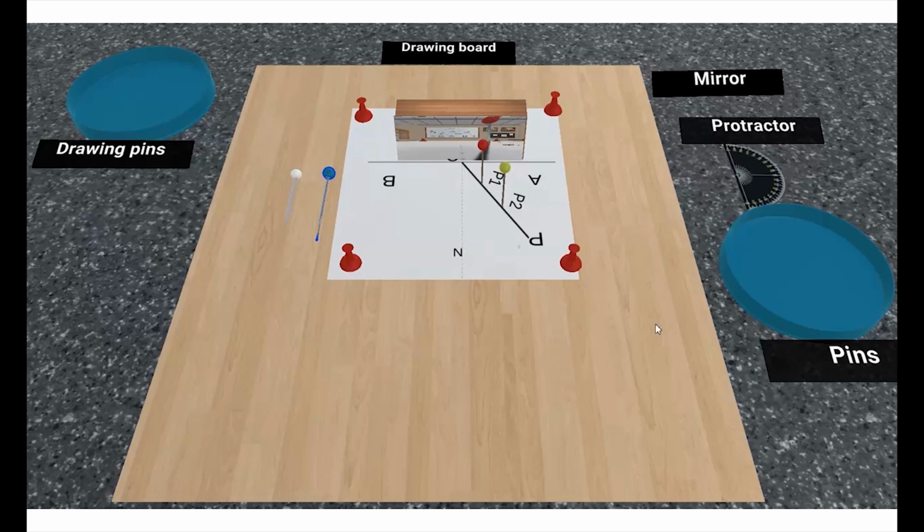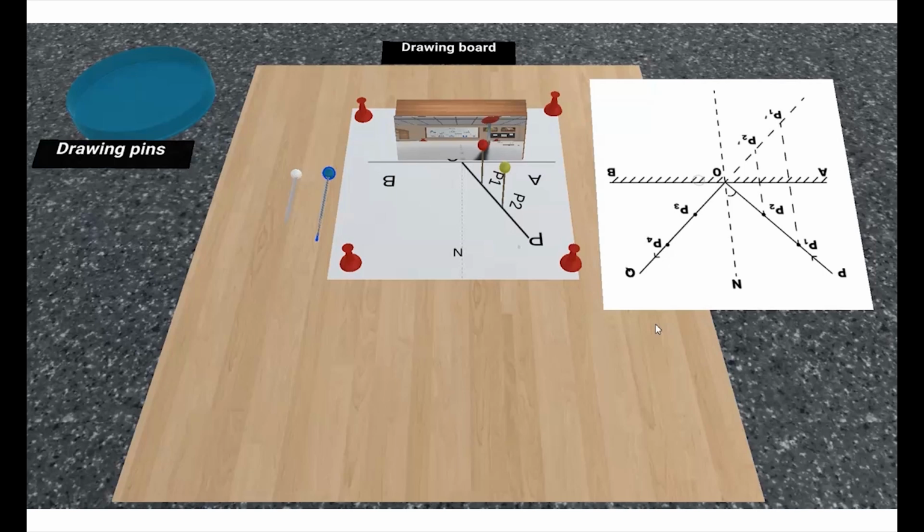The image of P1 is P1' and the image of P2 is P2'. Observe these images which appear on the other side of the normal. Images can be shown as imaginary points P1' and P2' behind the mirror at AB connected by dotted lines as in the figure. The distance from AB to P1 equals the distance from AB to P1' along the dotted line